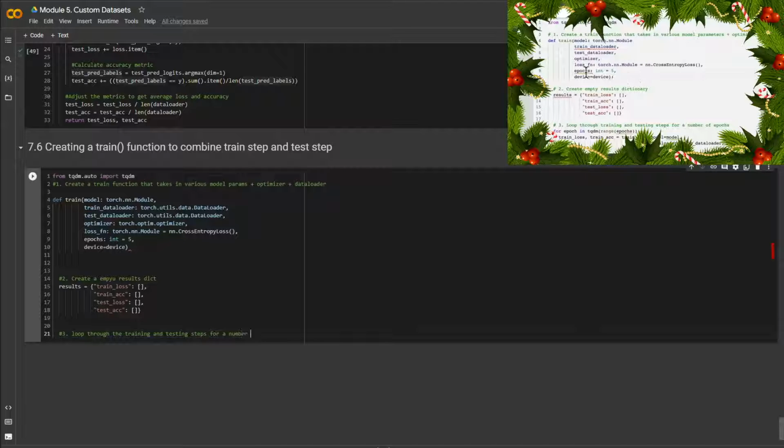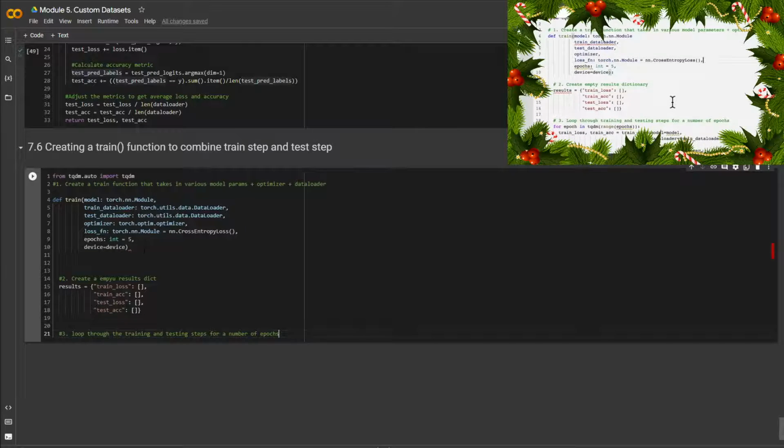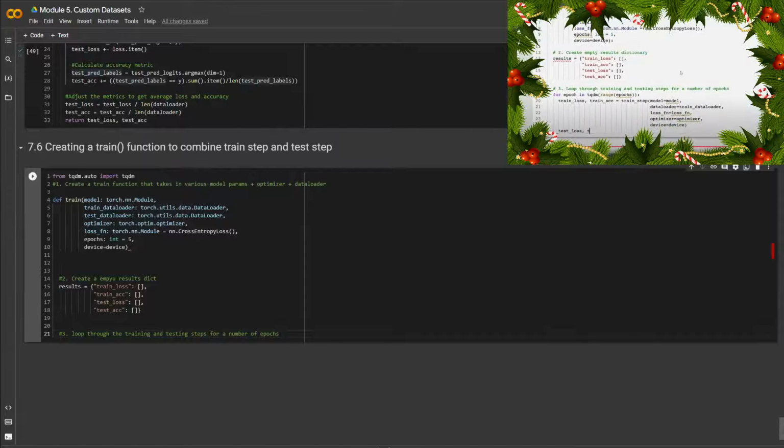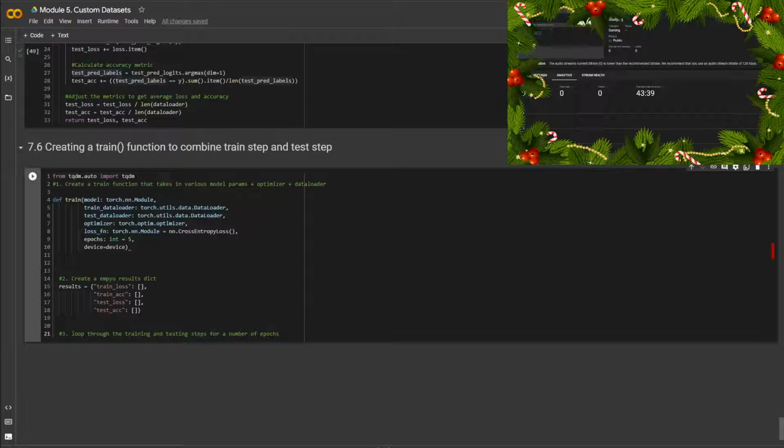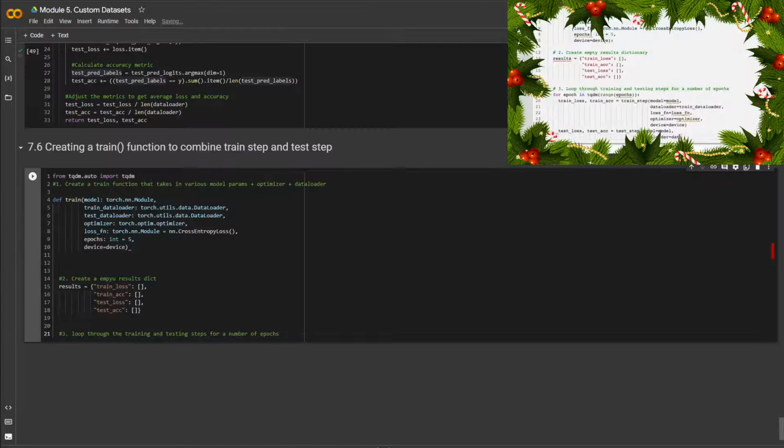If it does anymore, I'm just going to ignore it for now. Epochs. Anyway, we'll leave it at that. We'll find out if there's an error later on. Test loss, you might be able to find it before I do. So test step, we're going to pass in the model. We're going to pass in a data loader. Now this is going to be the test data